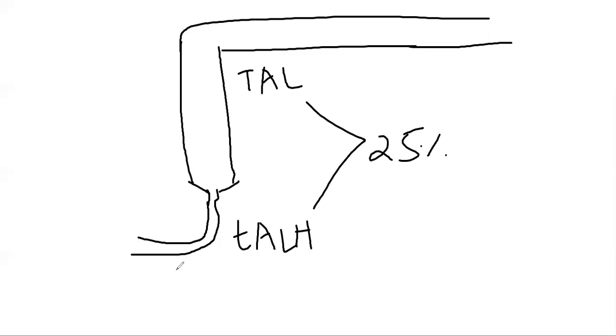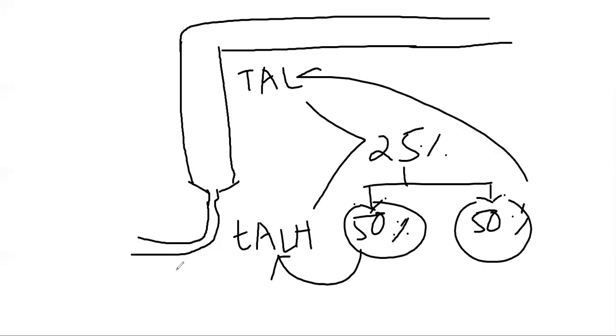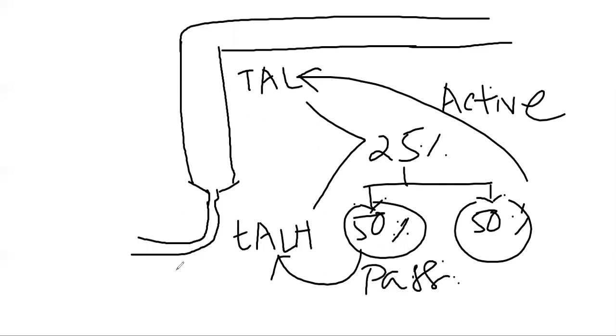Out of this 25%, 50% will be passive reabsorption. That means 50% of sodium ion will be reabsorbed passively by the thick ascending limb of the loop of Henle, and the remaining 50% will be reabsorbed by the thick ascending limb of the loop of Henle, and this is the active reabsorption process. So here it is the active reabsorption process, and here it is the passive reabsorption process. Okay, so now we shall discuss only the active reabsorption process by which sodium ion is actually reabsorbed.